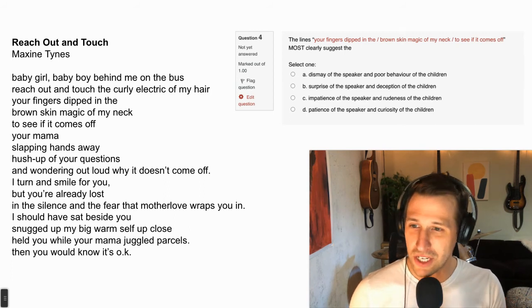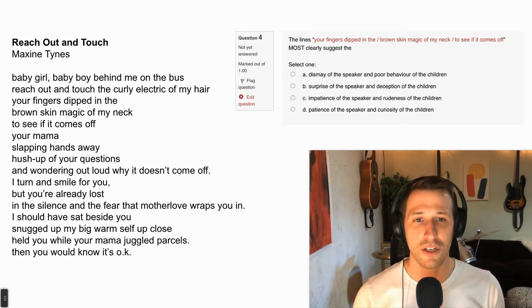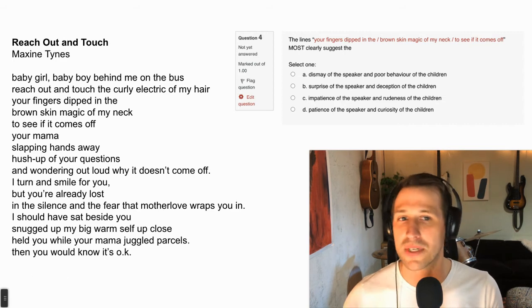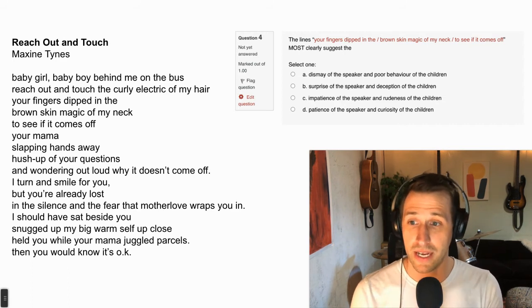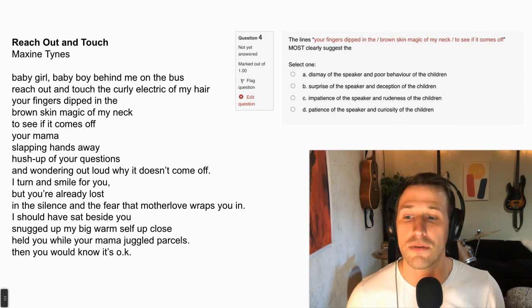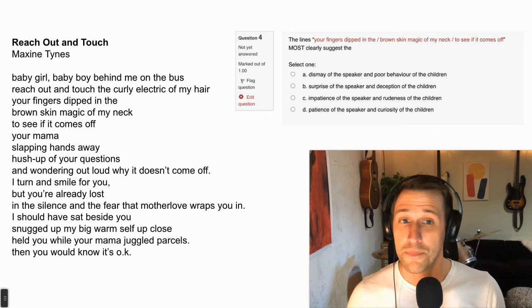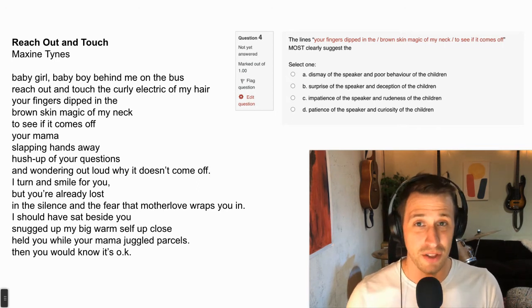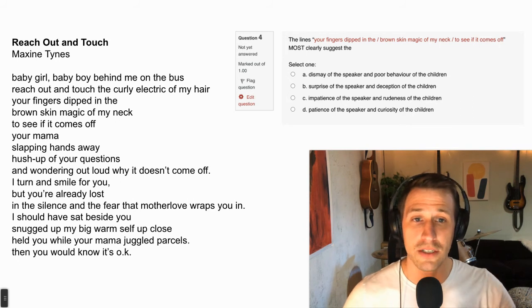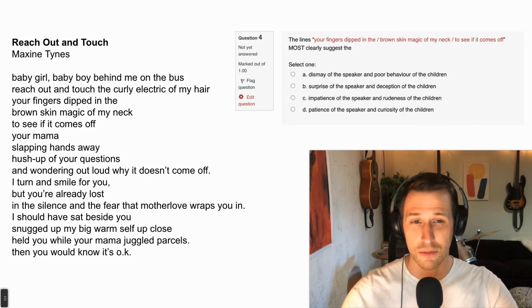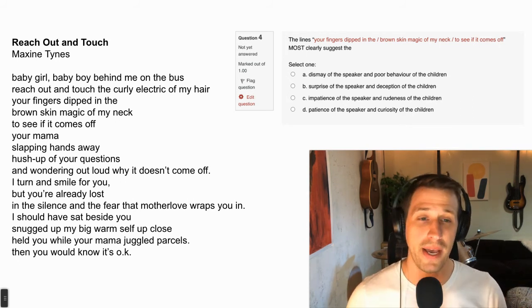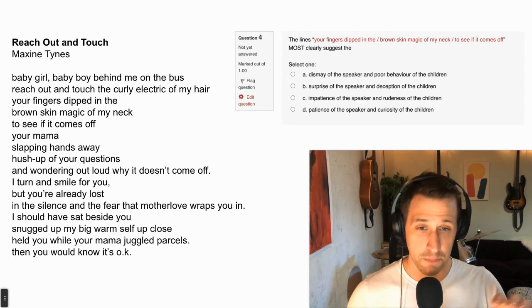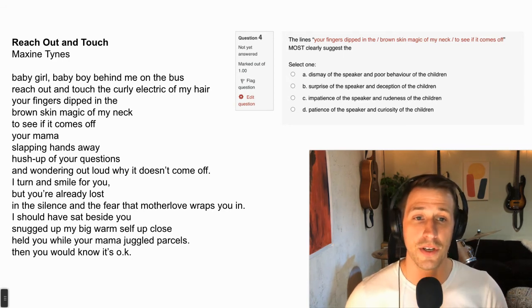I think especially that line, I turn and smile to you. I don't think they're dismayed. I don't think this upsets them. I think the speaker saying, I turn and smile to you, and, I should have just sat beside you to let you know it was okay. That person isn't dismayed, so we can cross that one off. They're maybe surprised. I don't think they're impatient. They seem very patient. So based on the first half of these, I'd either say the speaker is surprised or patient. So for me, B and D, they might be switched for you.